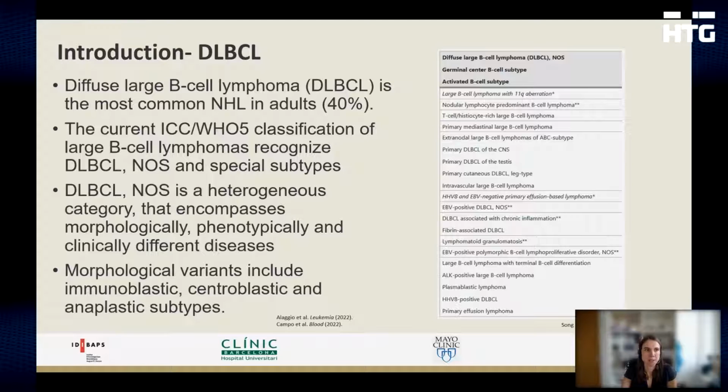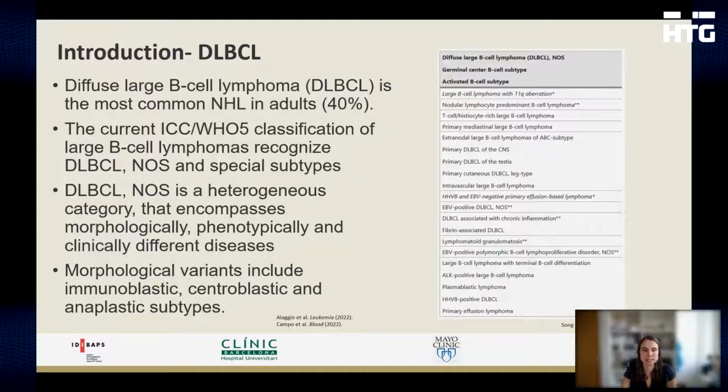The most common type is the DLBCL NOS, and they both recognize special subtypes. And as you can see in the table on the right side, DLBCL NOS is a heterogeneous category, and the special subtypes are also shown in the table on the right side. The DLBCL NOS is a heterogeneous category that encompasses morphologically, phenotypically, and clinically different diseases, and morphological variants include immunoblastic,